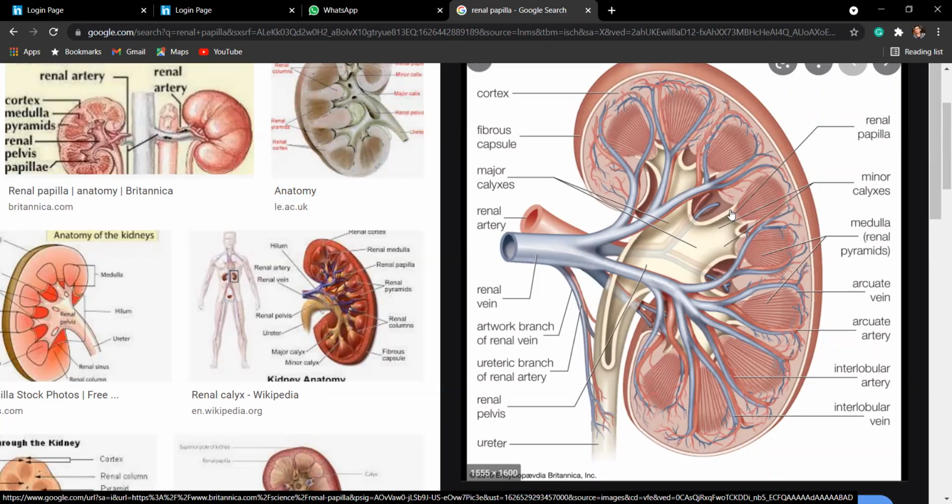Okay, so yes, symptoms will be there. Hematuria will be there, proteinuria will be there, fever will be there because it is a necrosis thing. Fever, hematuria, proteinuria, similar to that of acute interstitial nephritis, but you won't have any casts and you won't have any eosinophilia on the urine analysis. These two things will differentiate between acute interstitial nephritis and renal papillary necrosis.